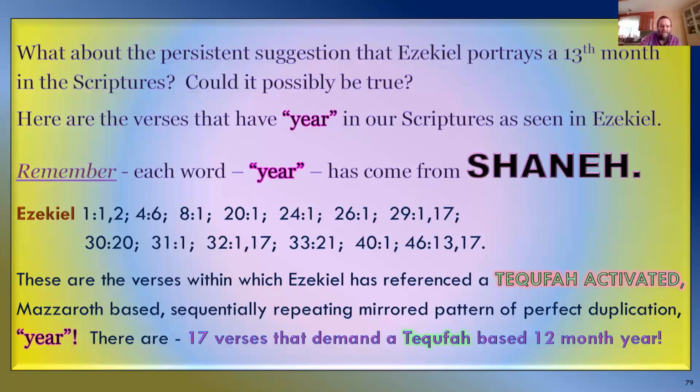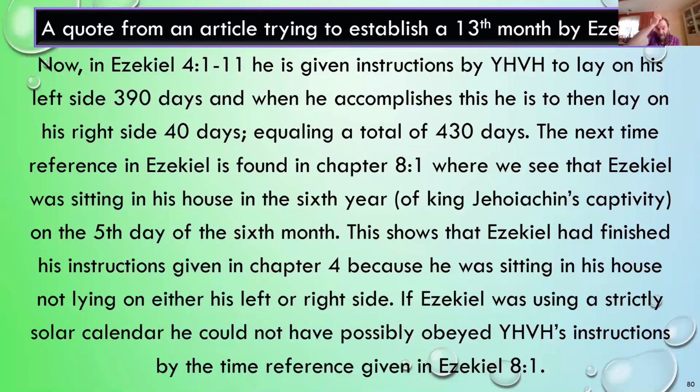There are 17 verses that demand a Tequfah-based 12-month year. This is a quote here from an article promoting that the 13th month is shown in Ezekiel. Let's read it. "Now in Ezekiel 4:1-11, he is given instructions by Yahuwah to lay on his left side 390 days. And when he accomplishes this, he is to then lay on his right side 40 days, equaling a total of 430 days. The next time reference in Ezekiel is found in chapter 8:1, where we see that Ezekiel